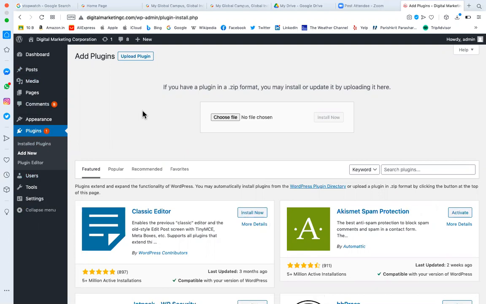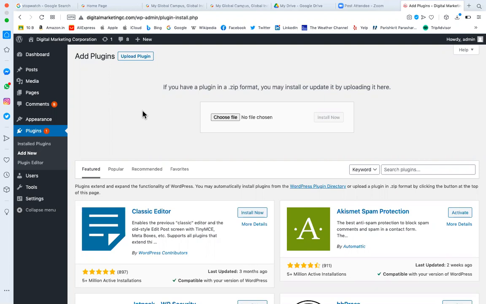Every day new plugins are getting added, and it's up to you what feature, what function, what extra things you want on your website which is not available in a theme, not available through widgets, and which you don't want to add by dedicated coding, so you use third-party code. The good part is that as WordPress is so popular, for any feature you name, you have a plugin available for it.